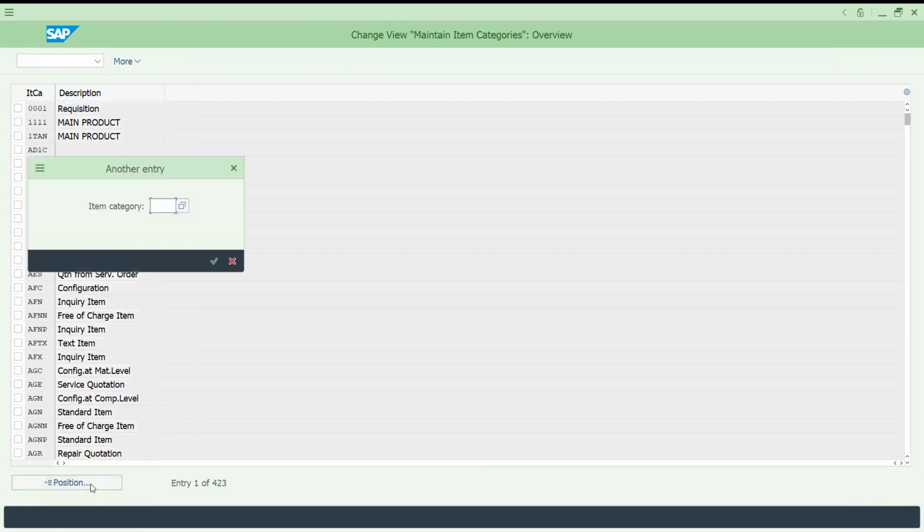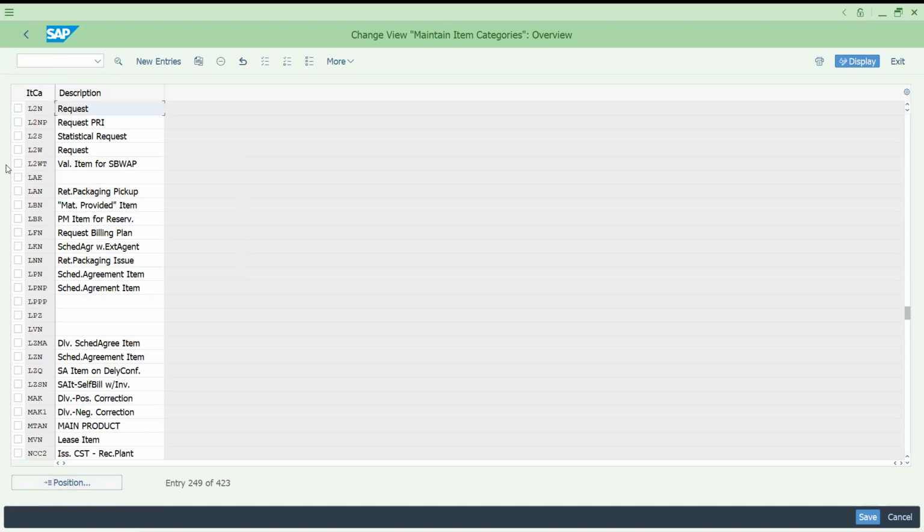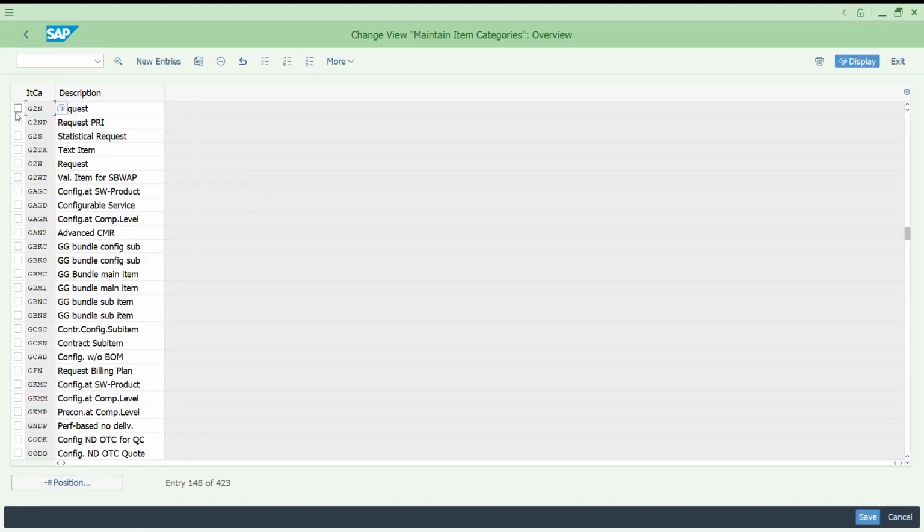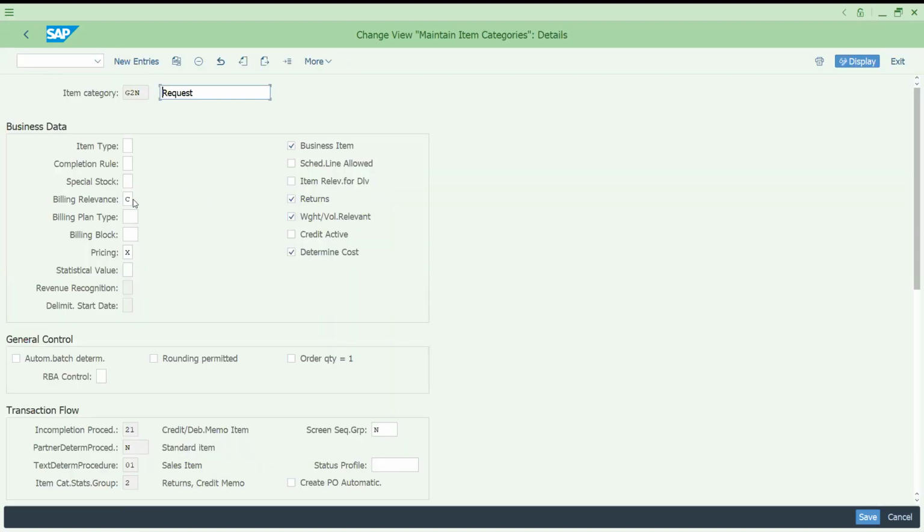So what exactly is this L2N? Let's try to compare L2N versus G2N credit memo. Okay, let's go to details. So your credit memo says billing relevance is this one. Your debit memo also says the same, only the basic difference between L2N and G2N is that you don't have schedule lines like TAN, and the credit is not active for G2N, because debit memo again credit